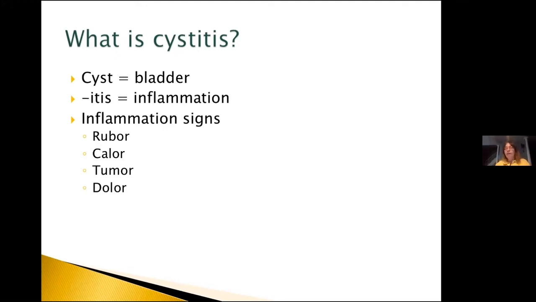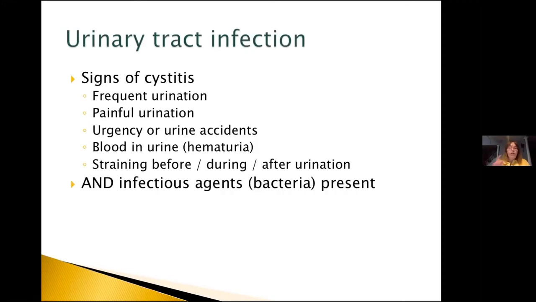But if it does progress, or if the animal's ill, then you need to get help. So let's see, what is a urinary tract infection? You have to have signs of cystitis, which are things like frequent urination, painful urination, urgency, meaning I gotta go, or having accidents in the house, which would be a result of having to go, blood in the urine, which we also call hematuria, and that usually looks red, but it can also look like brownish flecks,